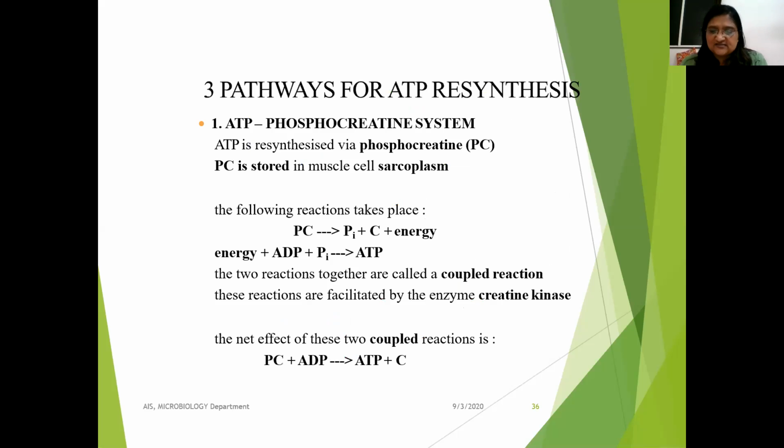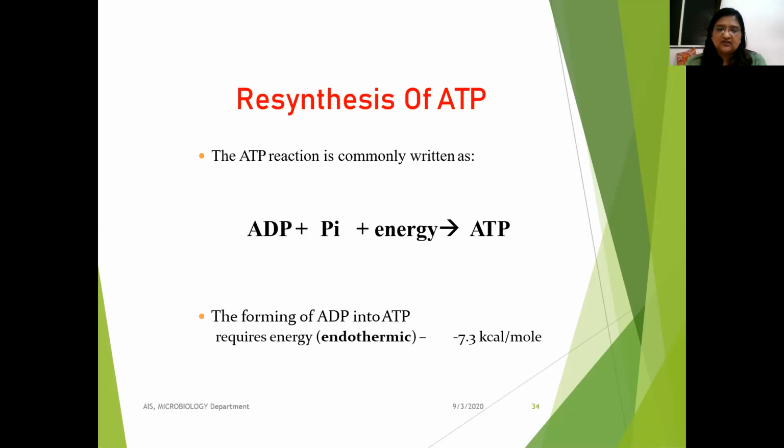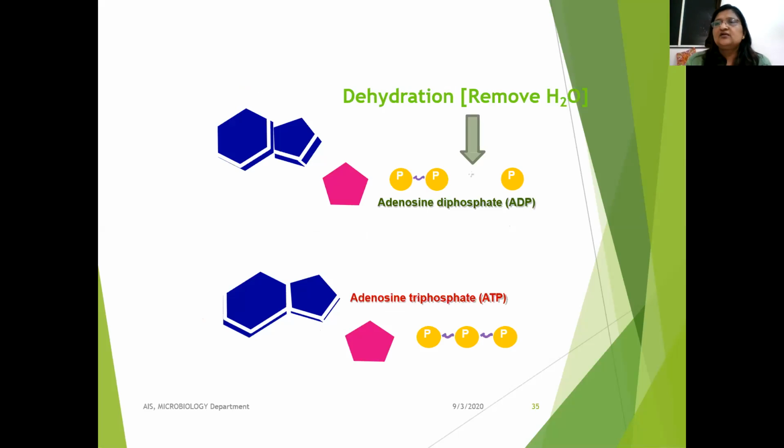There are many ways it is synthesized, that you know now, but the thing which is new is the resynthesis of ATP, how ATP is resynthesized once it has been used. So it can be produced by different endothermic reactions where an ADP molecule is attached with another phosphate molecule, and ATP is formed with the help of some energy.